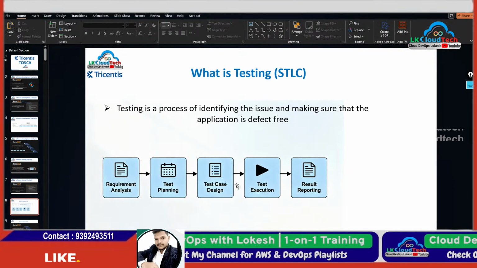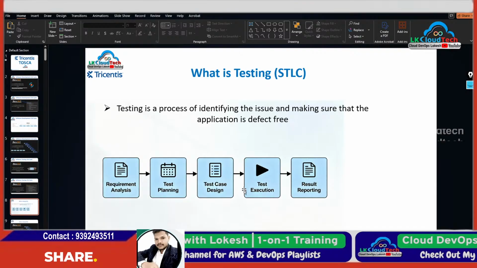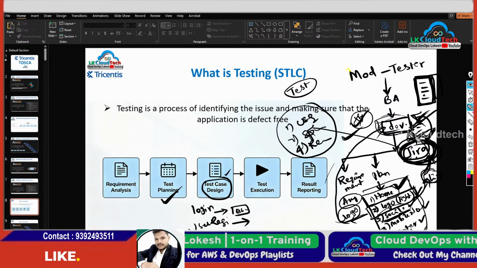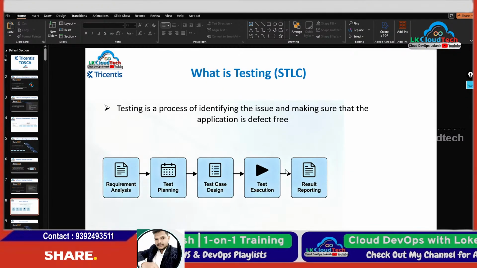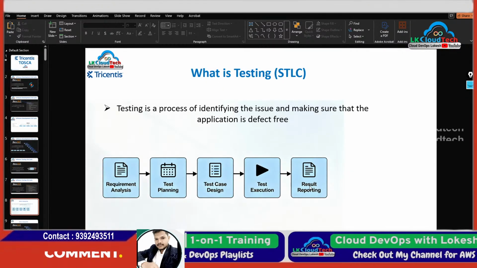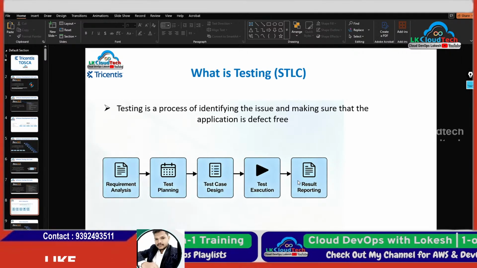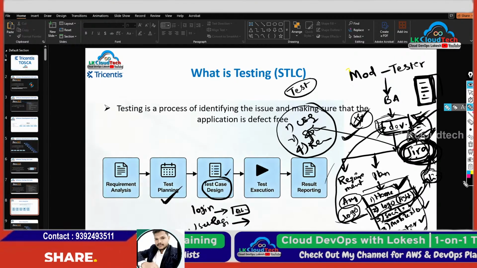You have to get ready with the test cases. After that, you have to execute the test case. Once you execute or run this test case, you will get to know whether this test has passed or not. If any problems occur, for suppose there is some bug,